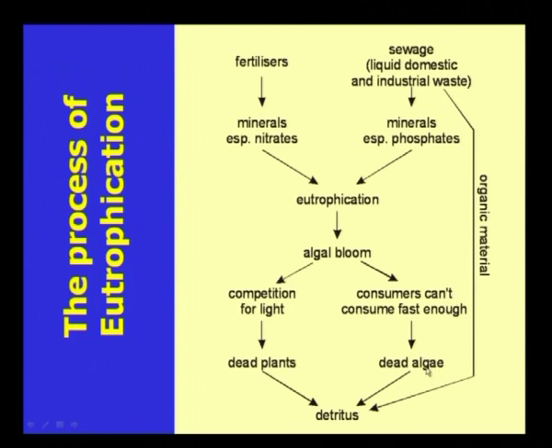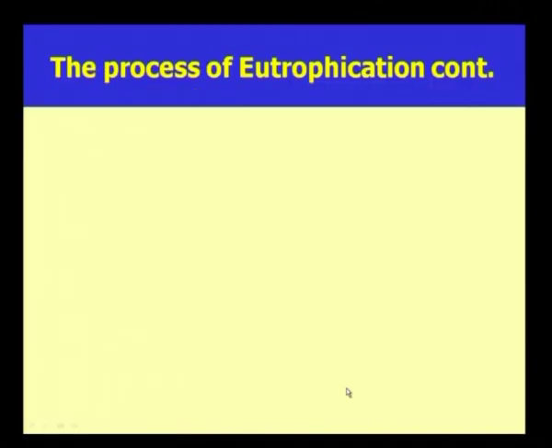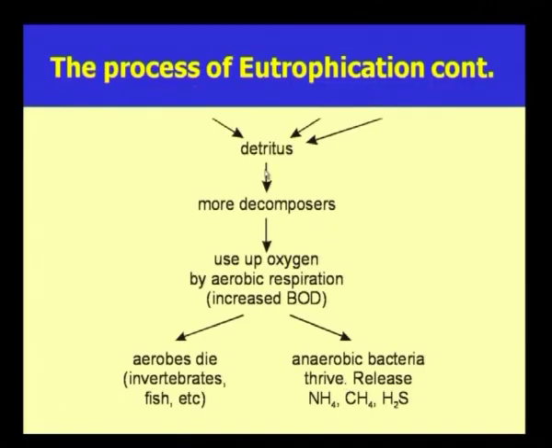The algae has started dying, and because there is no or very little water, the plants have started dying. So a large amount of detritus, that means the dead plants and animals, has accumulated, and the result is more decomposers, because when the dead animals are increasing, naturally the decomposers like bacteria, viruses and other things will start developing. And so what happens is the use of oxygen by aerobic respiration, and therefore the amount of oxygen